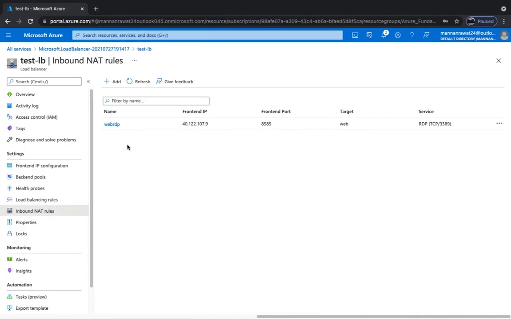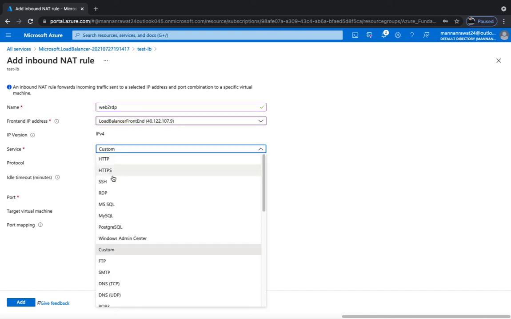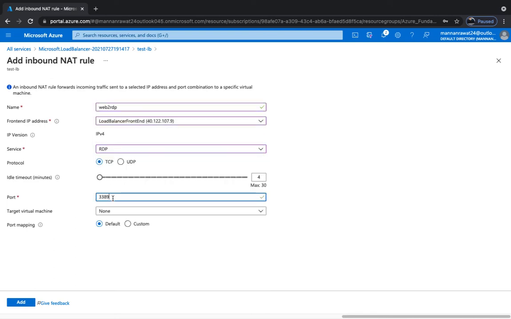Now one rule is activated, web RDP. This is the public IP address of your load balancer, front end port 8585, target name this, and the service port is 3389. We need to add the second virtual machine as well, web 2 RDP. Select the front end IP, same procedure, proceed with RDP, no need to do anything.